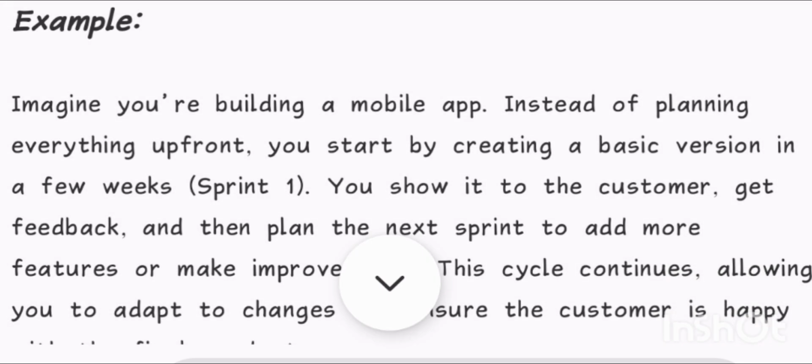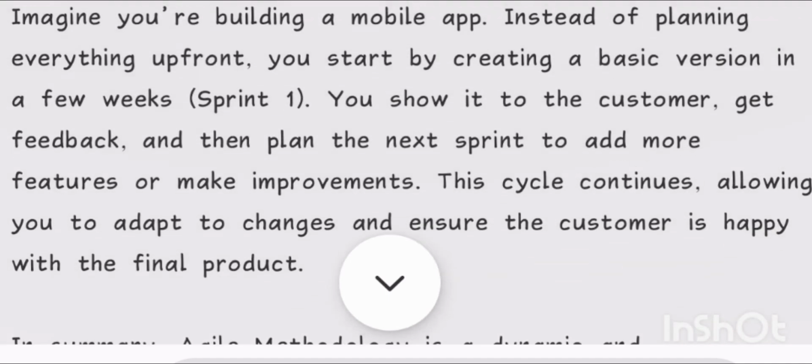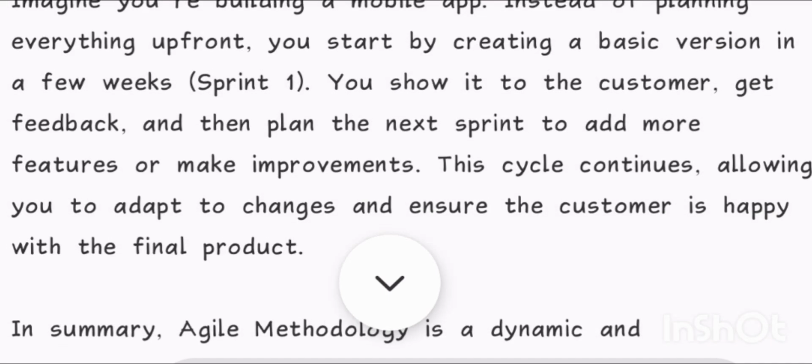Example: imagine you're building a mobile app. Instead of planning everything up front, you start by creating a basic version in a few weeks. Sprint 1. You show it to the customer, get feedback, and then plan the next sprint to add more features or make improvements. This cycle continues, allowing you to adapt to changes and ensure the customer is happy with the